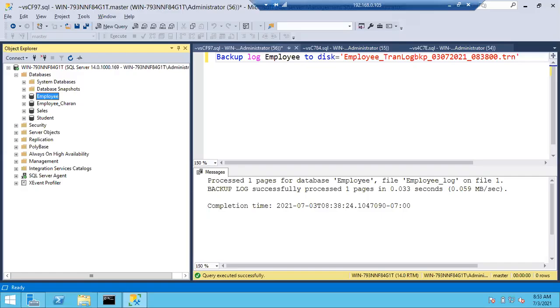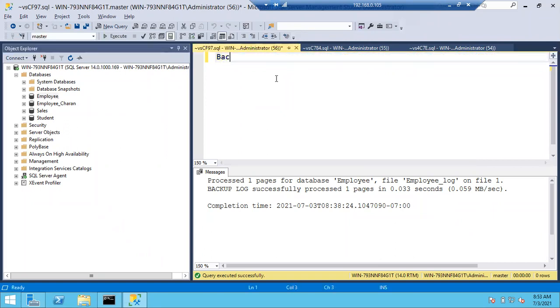Okay. So in case you don't understand anything till now, the simple logic is: if you get a request to take the full backup, try to take the copy only full backup. Don't take the full backup. As discussed, there is no difference between full backup and copy only full backup, except that copy only full backup won't touch the DCM pages, whereas full backup will reset the DCM pages. What is the query to take the copy only full backup?